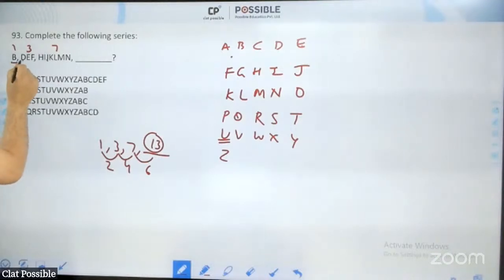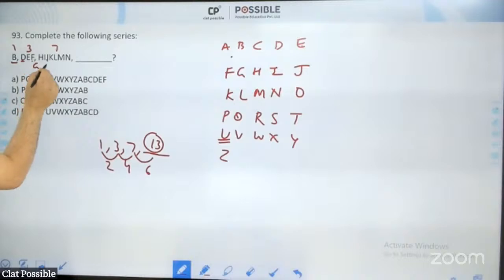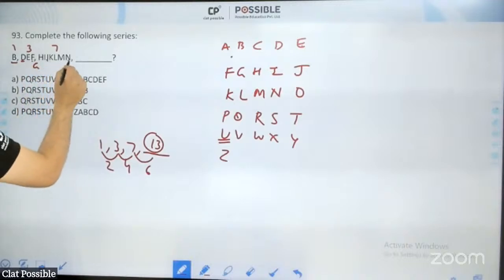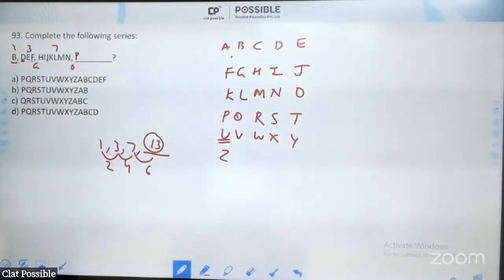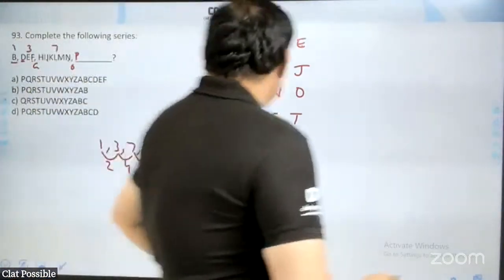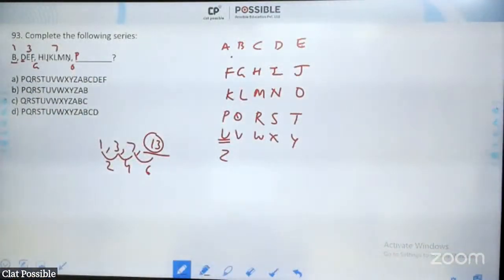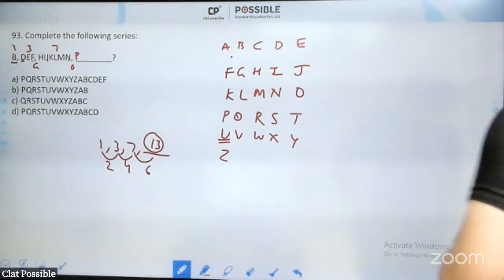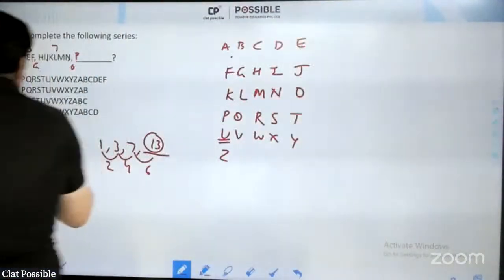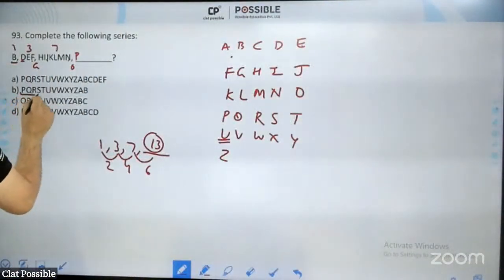With B and D, there is a gap of 1. With F and H, there is a gap of G, 1. So after N, there will be a gap of O to start with P. So starting with P and having 13 alphabets, the best fit option is 1, 2, 3, 4,